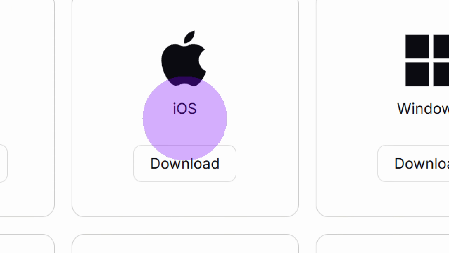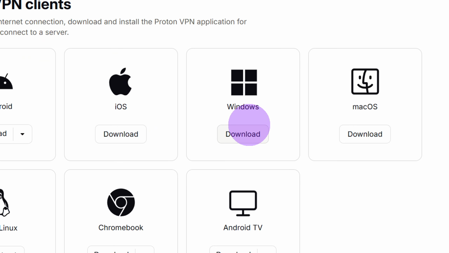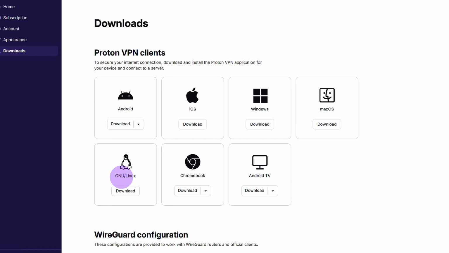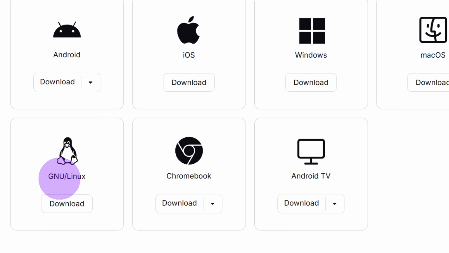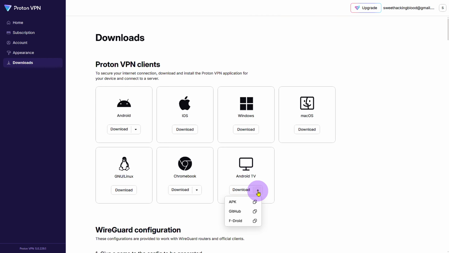So if you're using it for iOS, iPad, you can download this one. You have Windows and macOS, we have GNU/Linux, Chromebook, and Android TV. You can download the different variants as well, the GitHub, F-Droid, and APK, and that is going to be helping